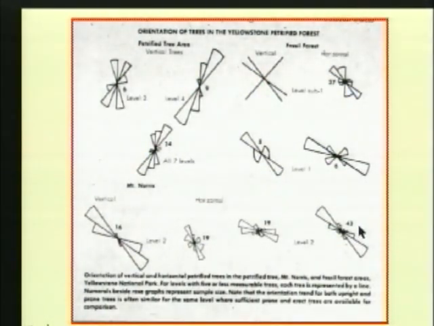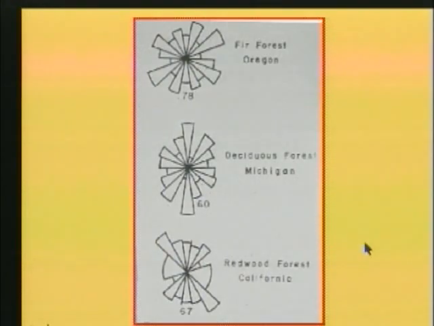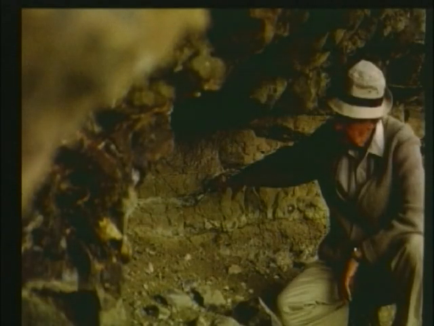And no matter which level of forest you take, they're all lying orientated in a particular direction. In present-day forests, you have them lying in any direction. Sometimes wind can cause some of them to be more prominently orientated in one direction, but generally speaking, there is no orientation like in these old forests.